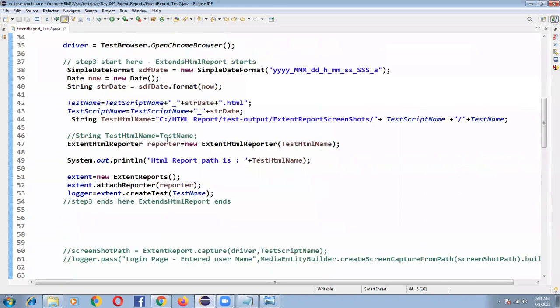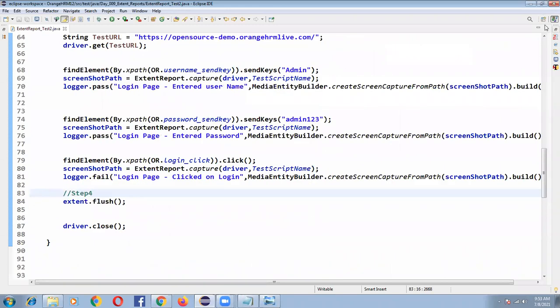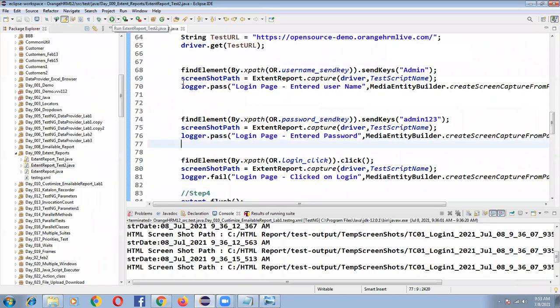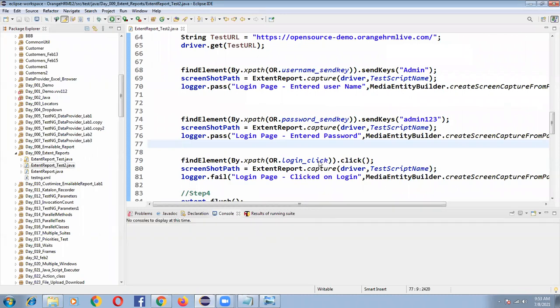If I run my program, let's see how the screenshots and steps will be generated. Okay, I'm going to run my program now. To generate the extent report.html file, we need not generate testng.xml. If you want to generate the emailable report, you can generate testng.xml and run it. But for extent reports.html, you can run it directly.